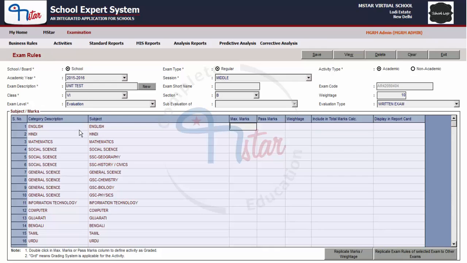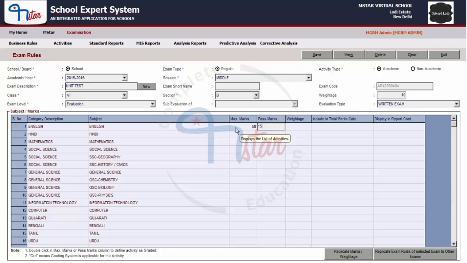Enter the maximum marks for the subject English. You can enter maximum 3 characters in this field. Only numbers can be entered, and number more than 100 cannot be entered. Enter pass marks for the subject for the examination. Again, you can enter maximum 3 characters in this field, and the number cannot be more than 100. You can enter up to 1 decimal place in this field,